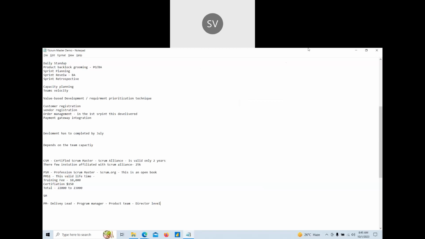Okay, and the job opportunities are also more, because any project who is following Scrum, there should definitely be a Scrum Master. You must be seeing in your organizations also, each project will have a Scrum Master. One Scrum Master will work on only one project. A business analyst can work on multiple projects, but a Scrum Master will only work on one project. So if an organization has 10 projects, then we'll have 10 Scrum Masters. That is where the opportunities are in Scrum Master.